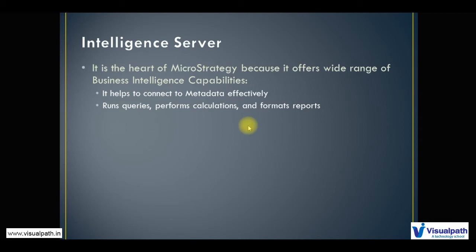So that's all about the second point. Coming to the third point, it significantly improves user query performance, okay? Like I said, Intelligence Server has a query engine and a SQL engine. With the help of those engines, MicroStrategy is able to improve the query performance, okay? Because of that, you get the data in a much faster way. Again, that is one of the features of Intelligence Server. So you can say MicroStrategy is able to give better query performance because of Intelligence Server, okay?